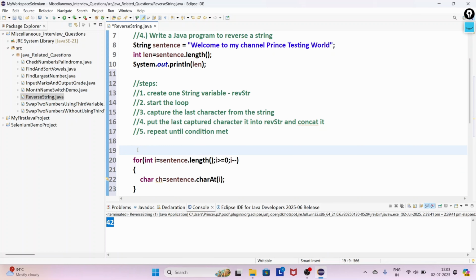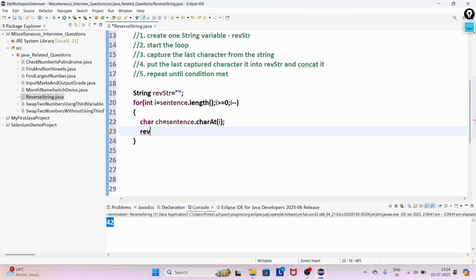So here at the top I have to create one string, the reverse string. In the reverse str, what we will do is concat this character. This character we have to concat here with this string.